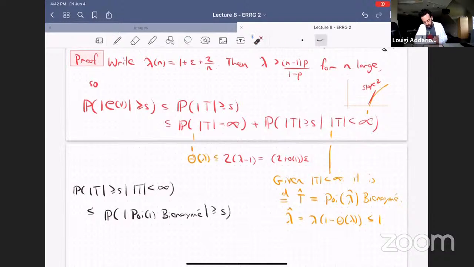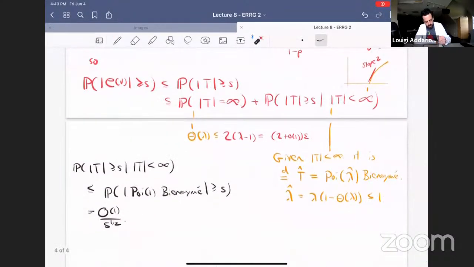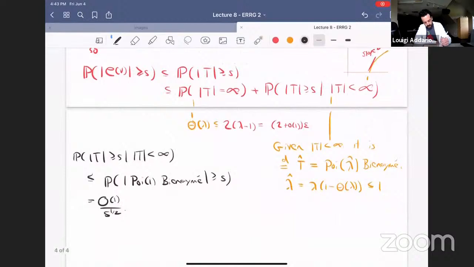Okay, so when lambda is bigger than 1, lambda hat is strictly less than 1, but I'll just use that it's at most 1 for an upper bound. We saw that this was order 1 over s to the half. Okay, and so let's just combine. We have an upper bound order 1 over s to the half for this term, 2 plus little o(1) epsilon for that term. So we get